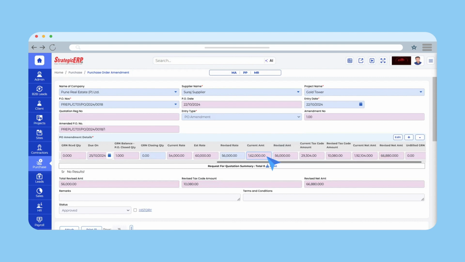The amount for the GRN received quantity will be saved as per the current rate. If an overall balance is present, the revised rate amount will be applied to the approved quantity. For unbilled quantity GRN, the bill generated will reflect the GRN received quantity instead of the approved quantity. To book the revised rate option, creating an APO, then generating a GRN and finally creating a purchase bill for that GRN should be followed. Your purchase order amendment process is now complete.